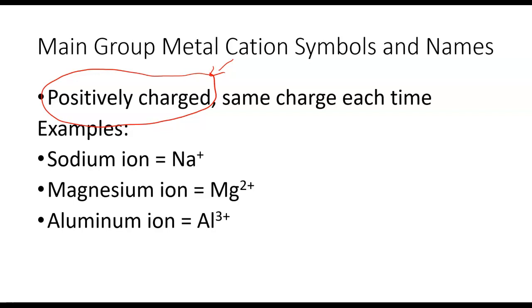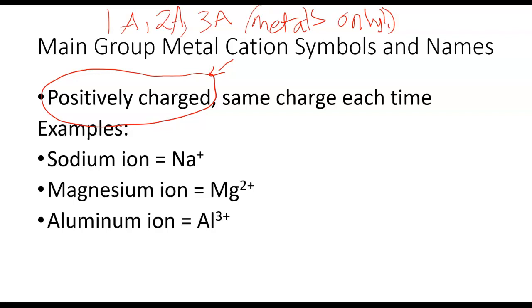So the main group metal cations are the group A. So group 1A, 2A, and most of 3A for the metals. So metals only. The way that these are named is we take the name of the metal, so for example sodium, and if we want to say that it's just a sodium ion, we literally just say sodium and then tack on the